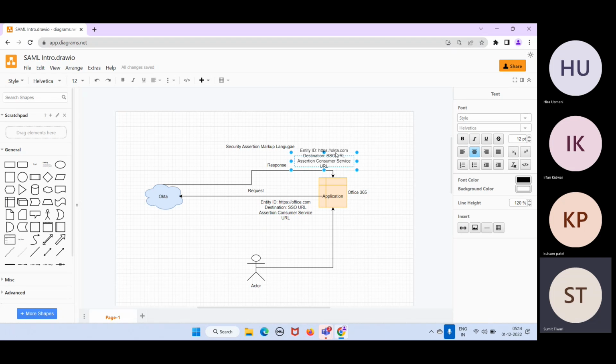Okay. Now here, Okta is also sending a message to someone, so there has to be a destination, but that is not called destination in SAML terms. That is called audience. So who should be receiving this message or response? That is again,